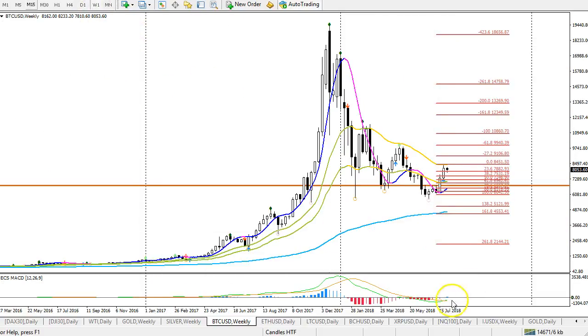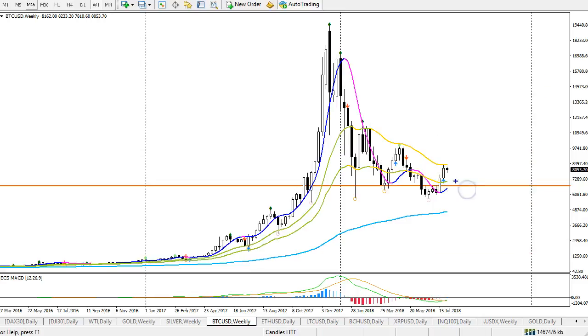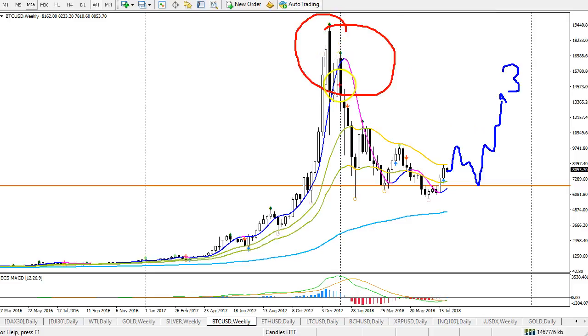Let's take a look at the weekly chart, and let's get rid of this fib. We are right at the 21 EMA of the weekly chart. If price pushes above it, then goes back into it, and then starts to break above it, I think there's a good chance that this could be a wave 3, and that wave 3 could re-challenge the resistance zone up here and even re-challenge the previous highs potentially. But that's a bit further down the road. Let's see if that really happens.